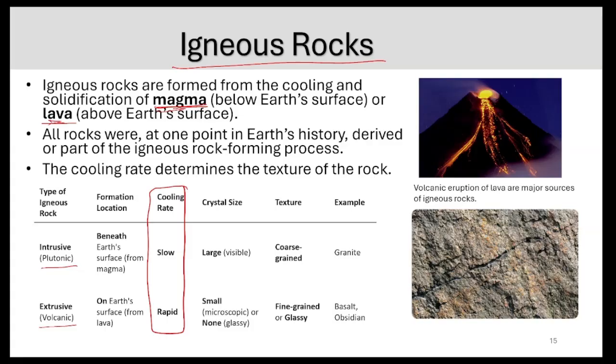The intrusive or plutonic rocks cool slowly beneath the surface, giving the mineral crystals plenty of time to grow large. So the cooling process is slow, so the minerals have plenty of time to grow, so the crystal structures are generally